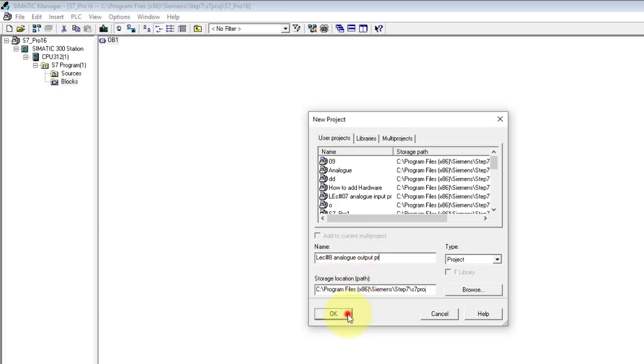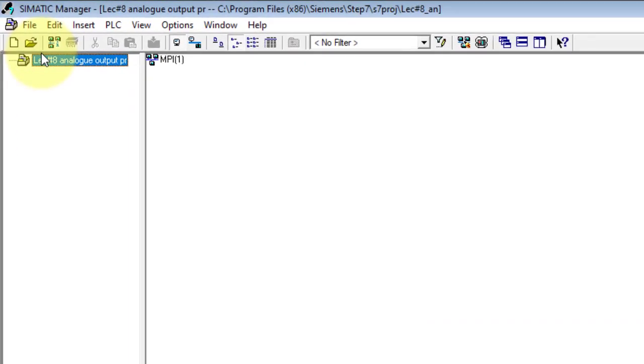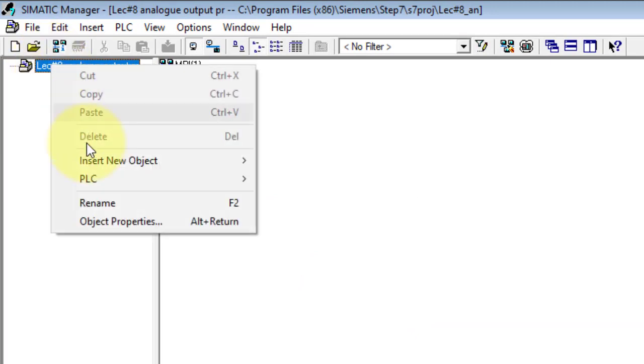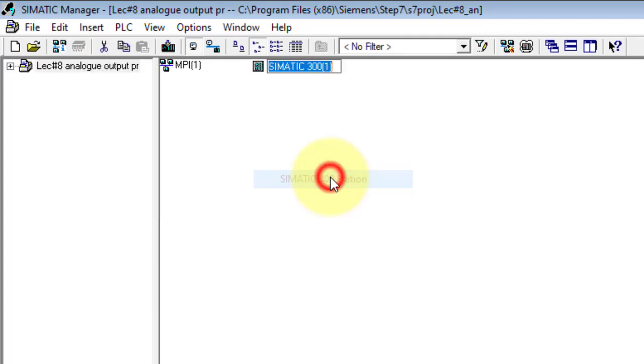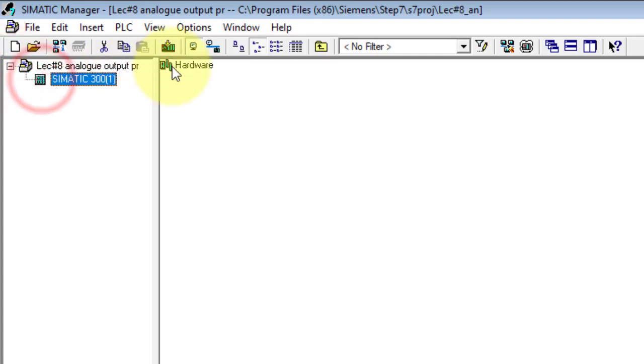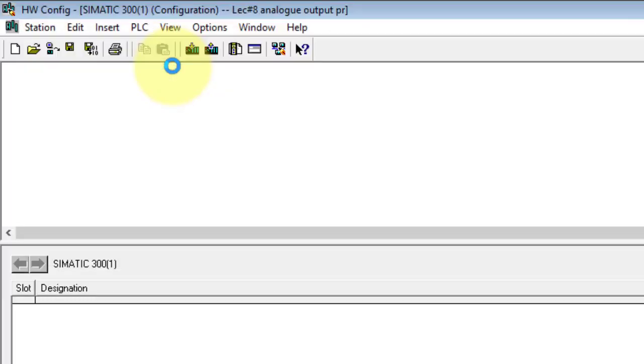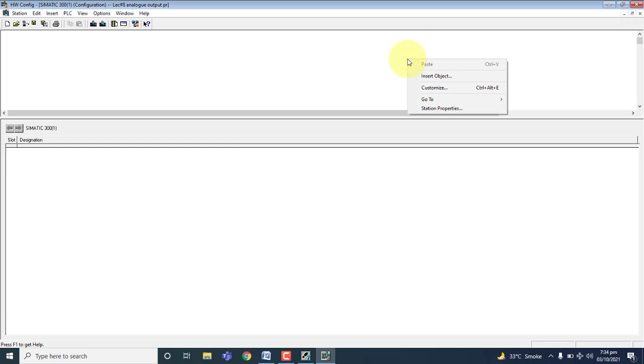Okay, and insert new project and SIMATIC 300 station, click hardware and insert object.